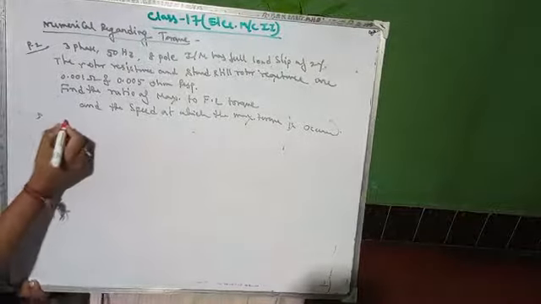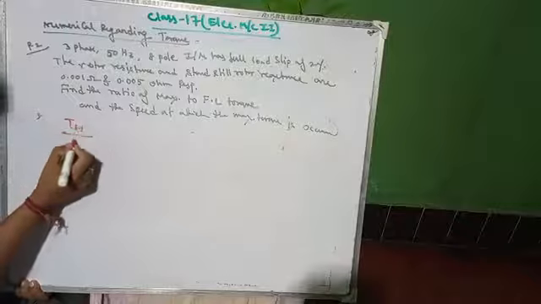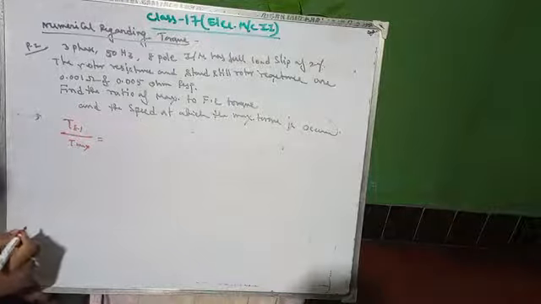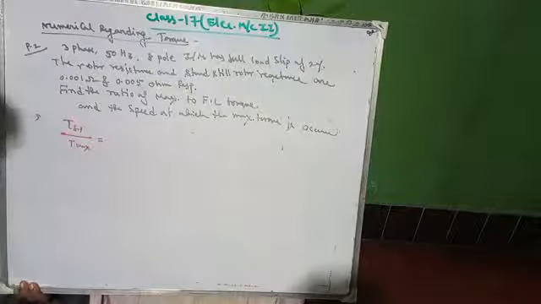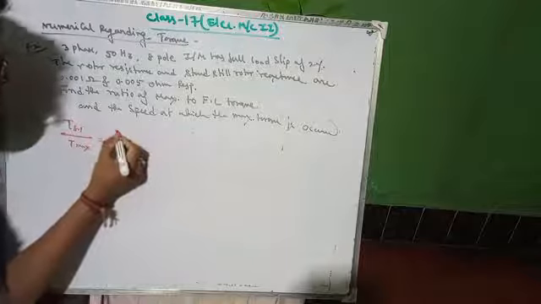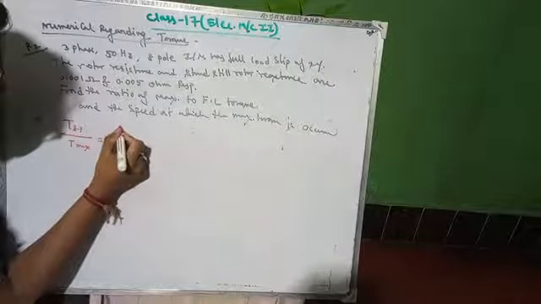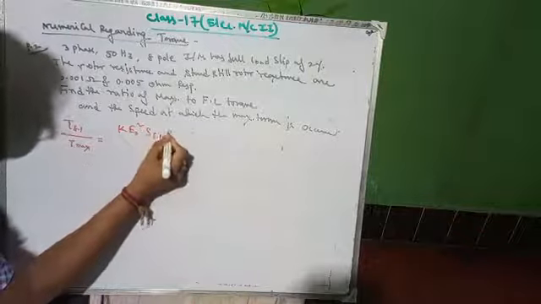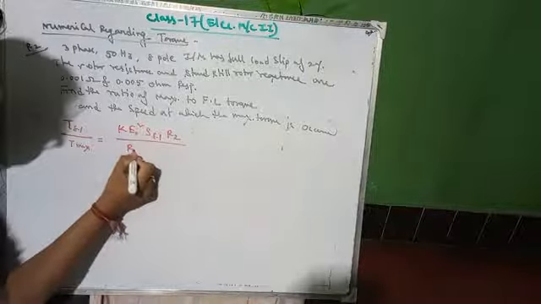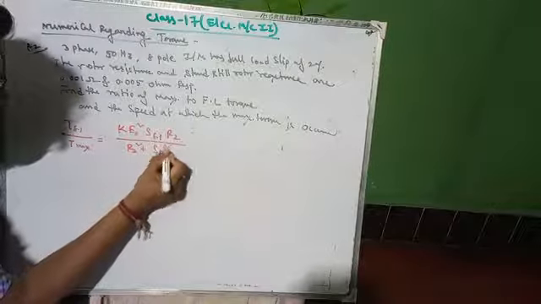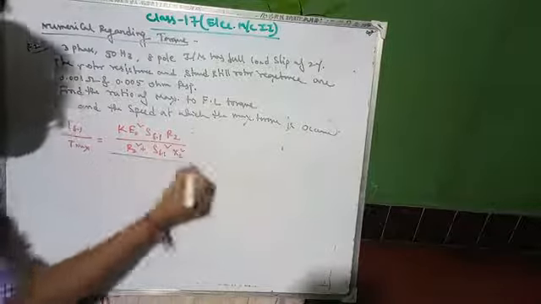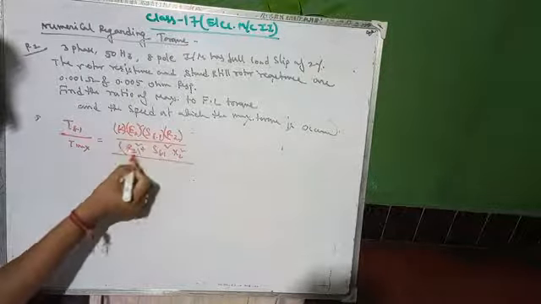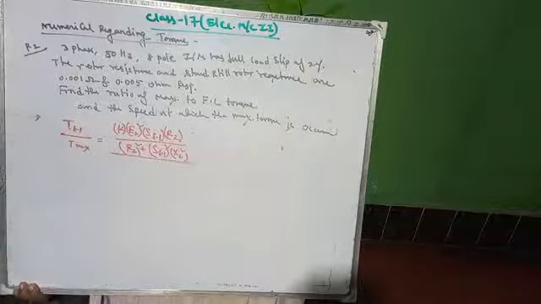So you have to find the full load torque T of FL by T of max, right? So what will be your formula? T of FL equals K into E2 square S of FL into R2 divided by R2 square plus S of FL square into X2 square, right? Divided by, so one term, second term, third term, fourth term. Never be confused, okay? So I am segregating it.